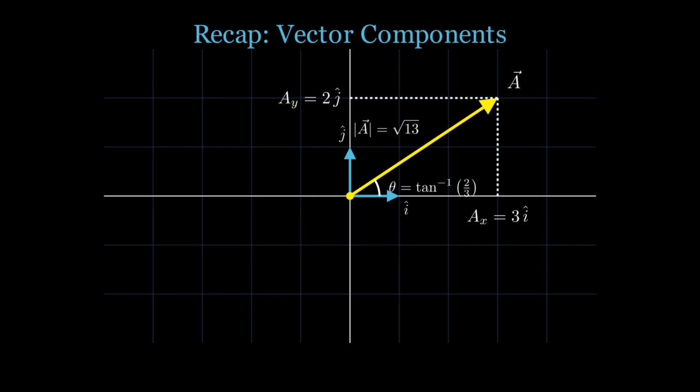So these projections give us Ax equals 3i hat and Ay equals 2j hat. So the original vector can be written as A equals Ax i hat plus Ay j hat, or more concretely 3i hat plus 2j hat. This process of breaking a vector into components is called resolution, and it's going to be the key idea in